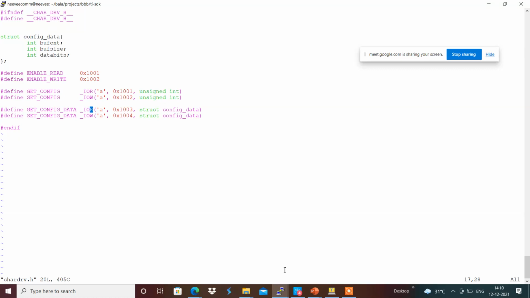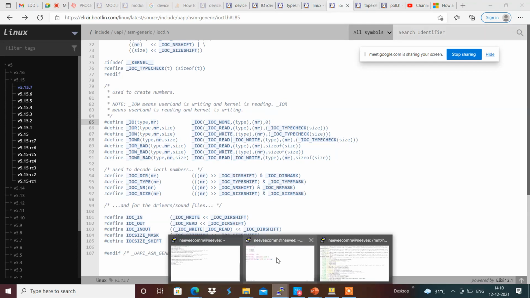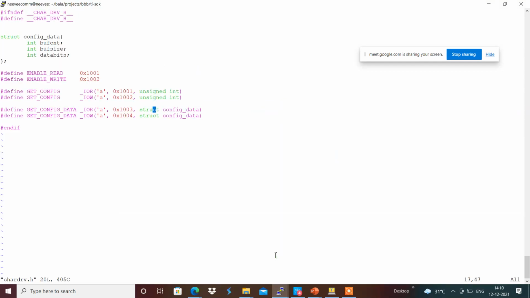Maybe it's something that I have this struct size over here, and that will be structure underscore config underscore data that we are providing over here, and which we are handling in the case of get config data and set config data over here.